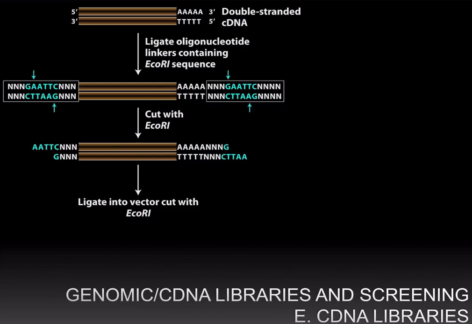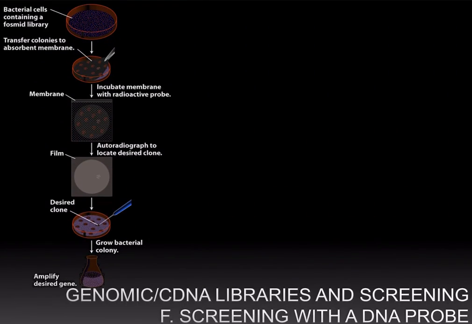Now, the final step, once you have made either a genomic library or a cDNA library, is to then find the clone or find the bacterium that contains the vector that contains the insert corresponding to your gene. And that process is called screening. So you can screen at least two ways. And one way of screening is that, let's say our gene, it has a sequence